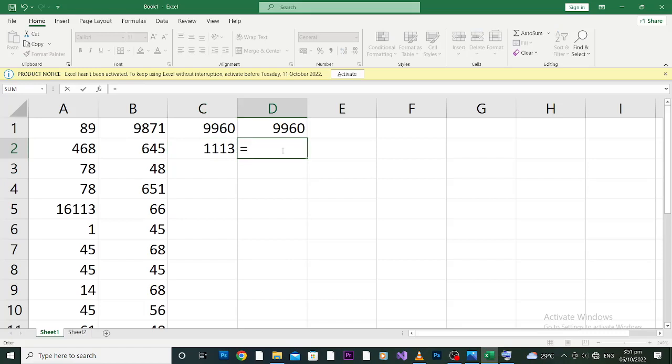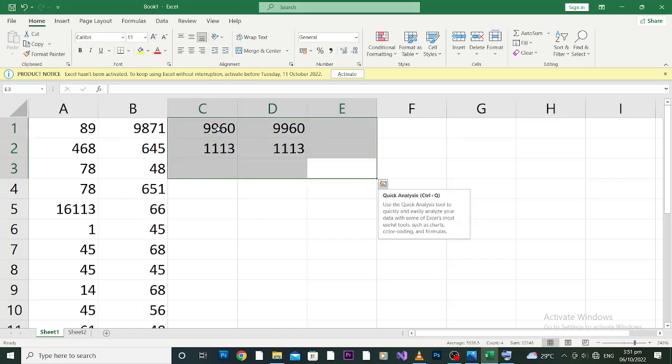Equal to 468, which is this number, plus 645, which is this number. Then you press enter and you got the answer over here correct. As a beginner, perfectly, you are correct. But